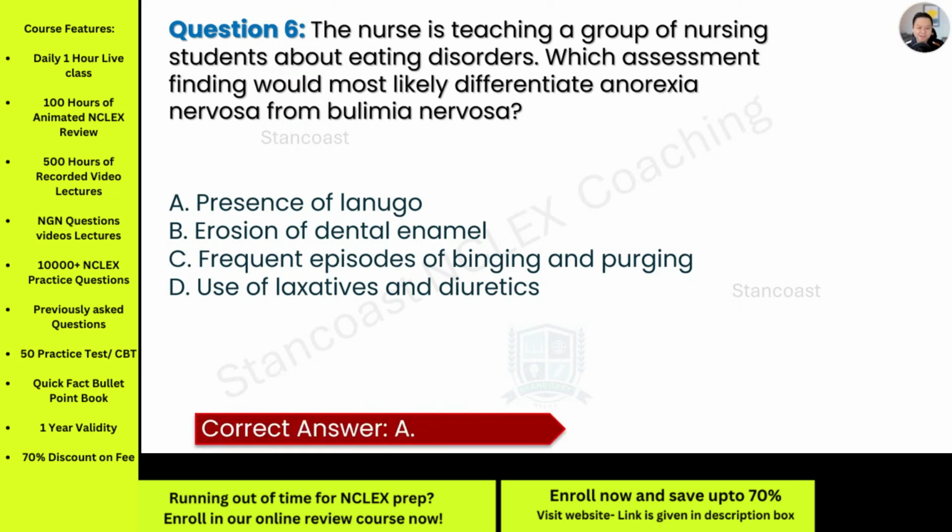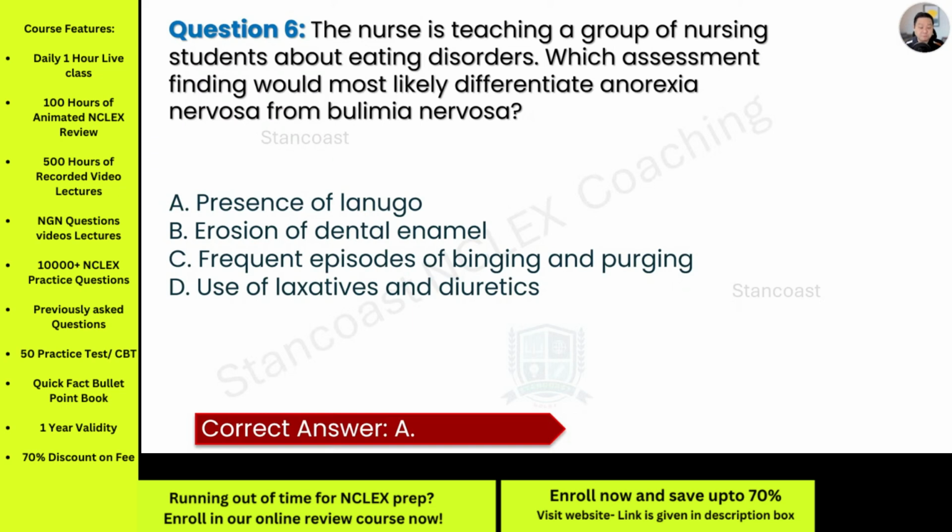Take note that with anorexia nervosa and bulimia nervosa, they are both eating disorders, but they have distinct features. And one of the hallmark signs of anorexia nervosa is the presence of the lanugo, which is the fine, soft body hair that can grow in response to extreme malnutrition. And you will see this in patients with anorexia nervosa due to the body's attempt to conserve heat as a result of significant weight loss and decreased body fat. And this is not something that you will observe in bulimia nervosa, which does not involve the same degree